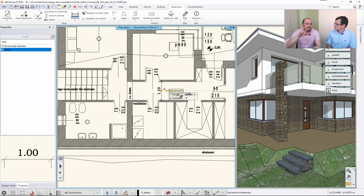So even if you measure two separate points which are not perpendicular, vertical or horizontal to each other, they don't really align, they are shifted in space, then you can just draw the measurement across and decide if you want to have a vertical or a horizontal. You can force the measurement to horizontal or vertical, even if it was not horizontal or vertical